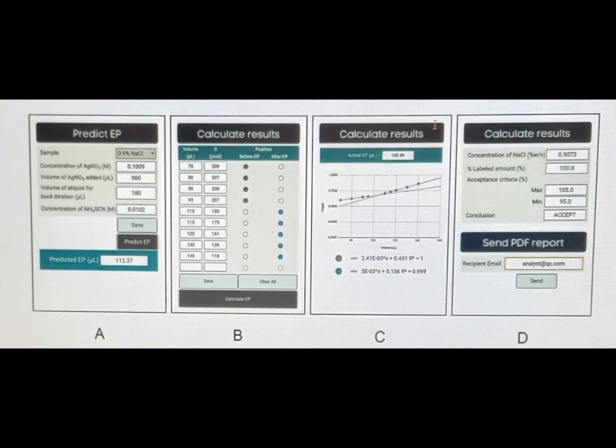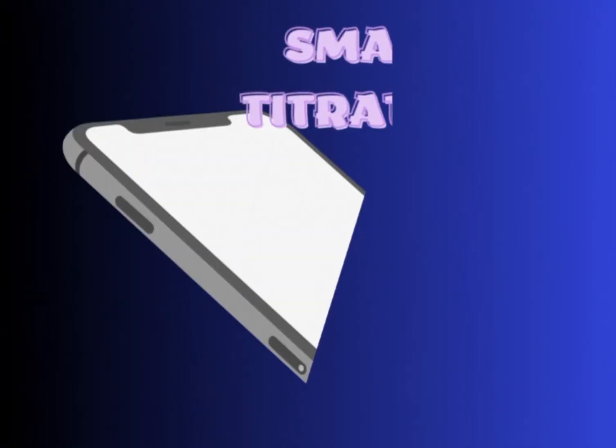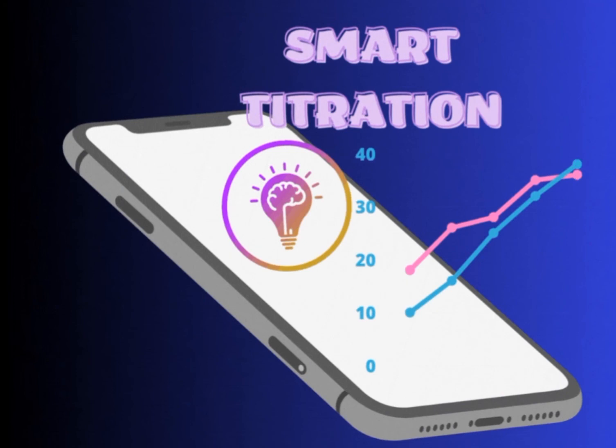The application was primarily designed to calculate an approximate equivalence point prior to titration by using the data of reagent concentration input by an analyst. This technique established was then employed for the determination of an equivalence point in lieu of using an expensive microplate reader. So, don't forget to download this application to get accurate results of equivalence points.